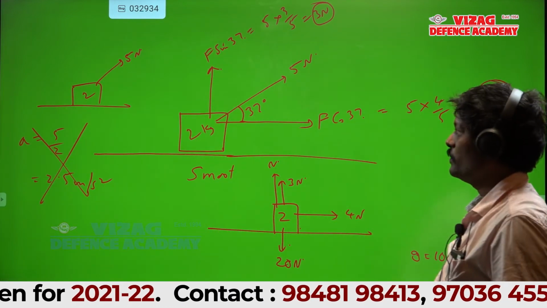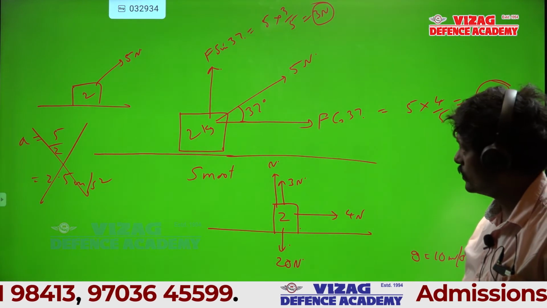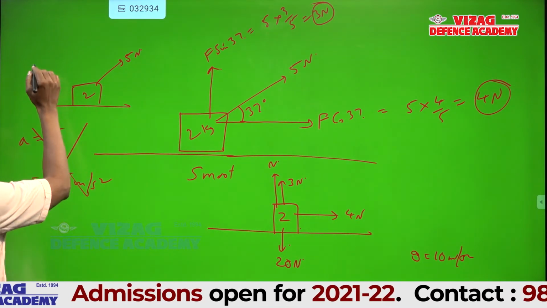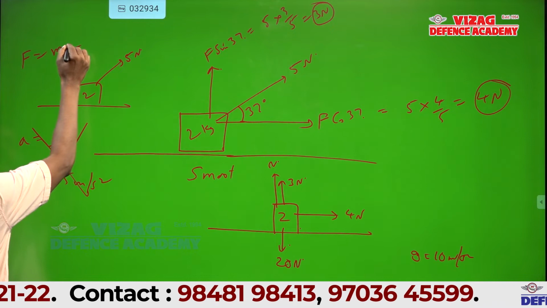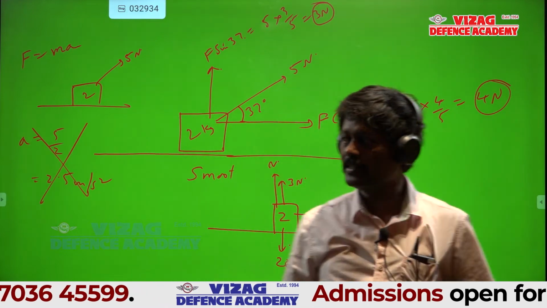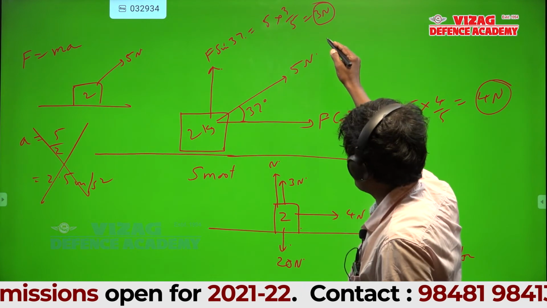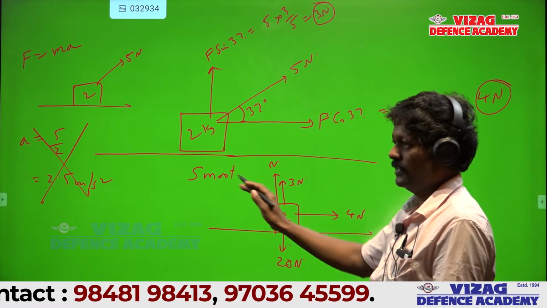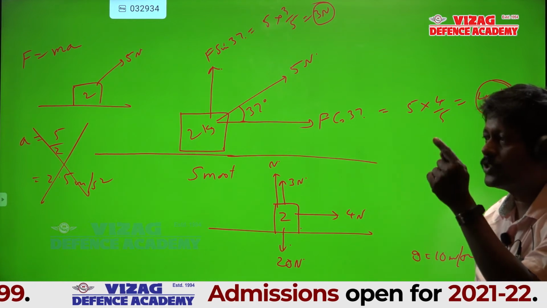Because you cannot simply divide force by mass for acceleration. You have to take the force in the direction of motion, in F equal to ma, net force equal to ma. This acceleration and force should be in the same direction. Now force is at an angle of 37, but the body is accelerating horizontally. So I cannot directly divide. First you have to take the components in the direction of motion.